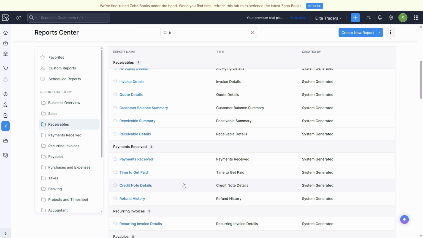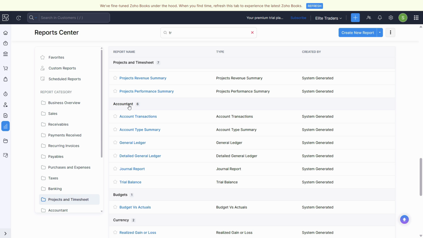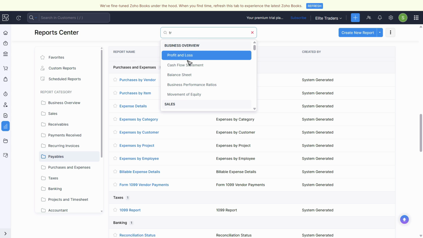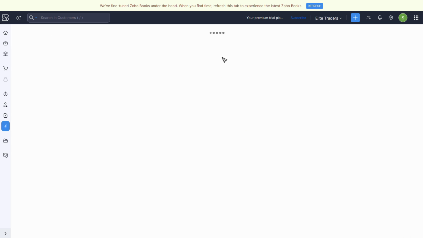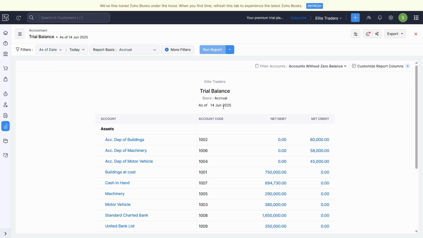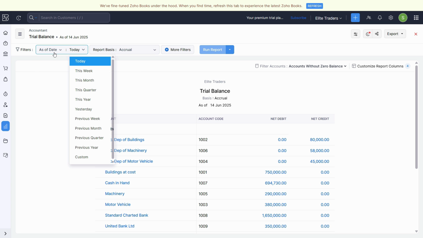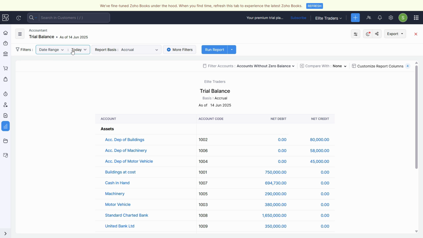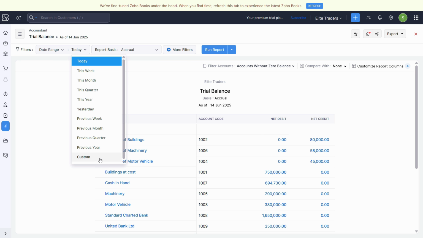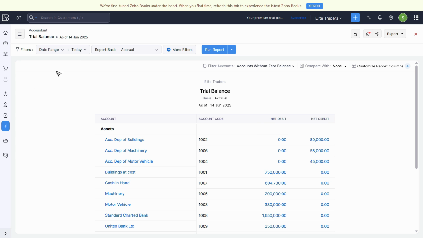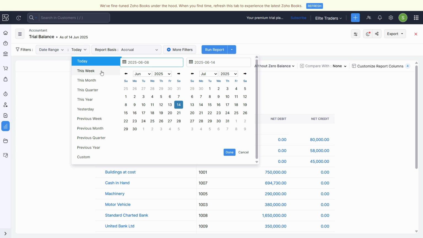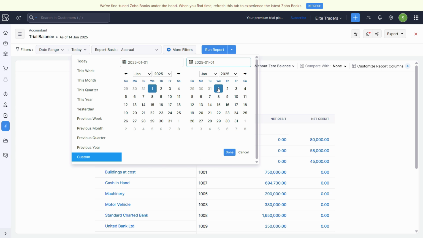Otherwise, you can just scroll down and go to the accountant section, which is section number 6 here, and extract the trial balance. Otherwise, if you're finding it difficult to locate, just use the search function and you're good to go. So trial balance, we can set the period to today, or let's enter a date range and click on custom here. So if you just want to see the opening position, just select the date range from here, and here we will select 1st of January on both sides, from 1st of January till 1st of January. Click done